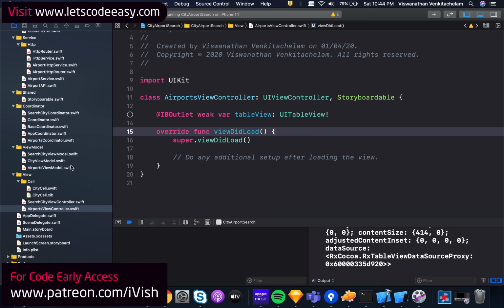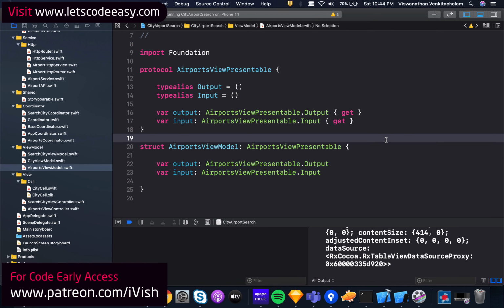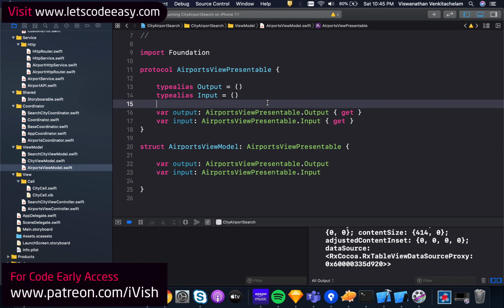So we already have the airport's view model. We have created some properties, at least the input and output required, and the variables which we need to pass to these input and output. So what all things do we need right now? One thing is that we need a title and the airports. So first thing first, let's create